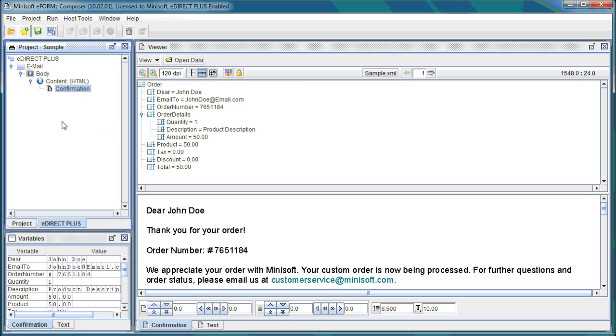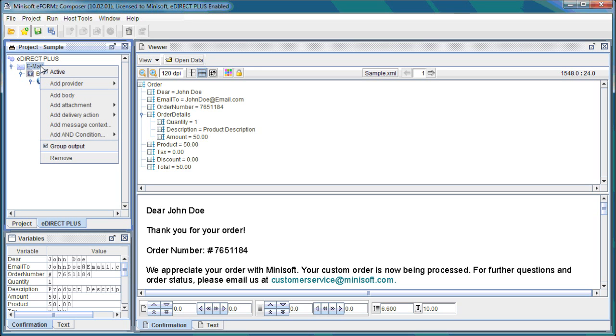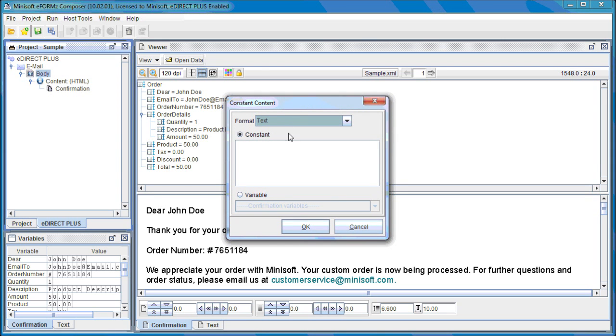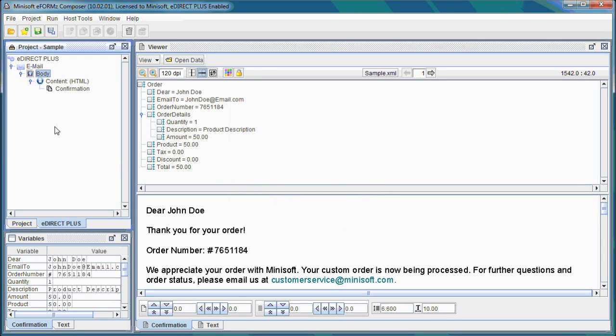Now if you wanted to send an attachment, of course you could right click Email and select Add Attachment, Generate Content or File Content. That is used primarily for sending PDF files, for example. So there are a variety of methods to sending information. You could also check content that is constant, and this would be for sending text. So you could do a constant text value or from a variable. So there are a couple of ways to send different things, but this is the standard way to send HTML